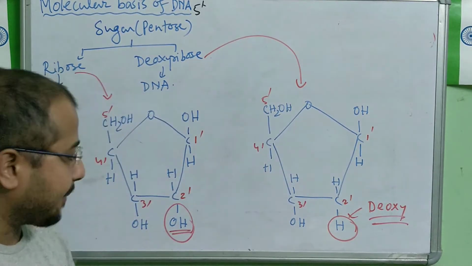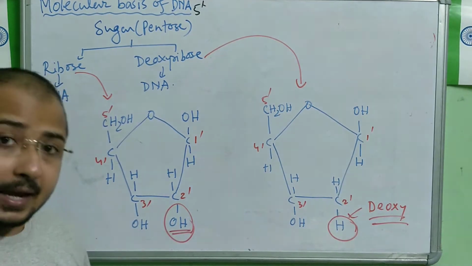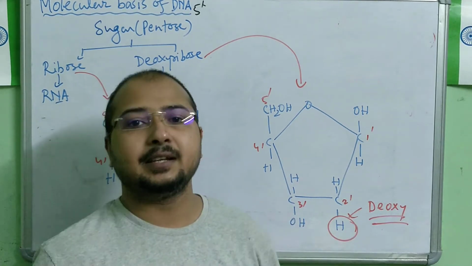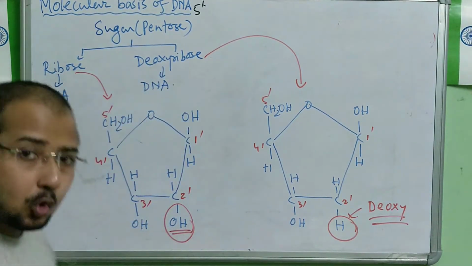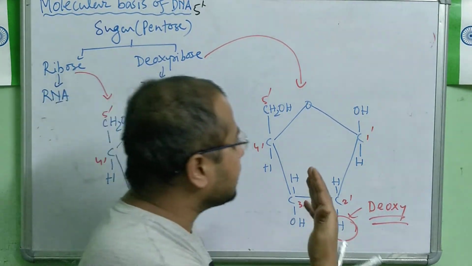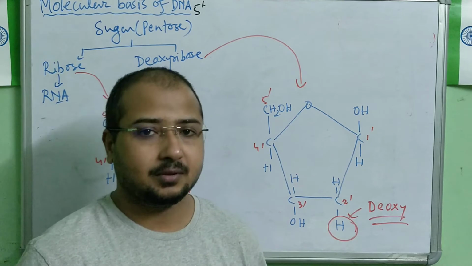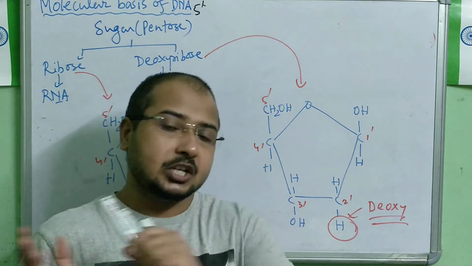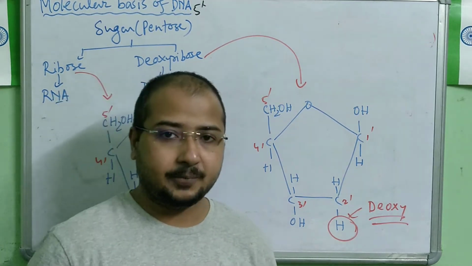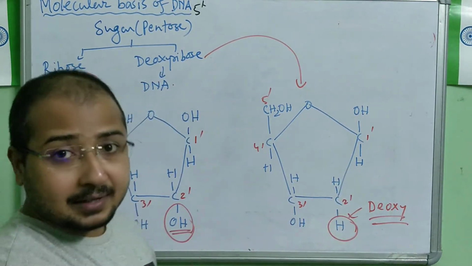The oxygen is absent at the 2' position in the deoxyribose sugar, and this change in the deoxyribose sugar doesn't make the DNA reactive in nature, because the hydroxyl group as a whole is what is reactive. As oxygen is absent here, this change makes the DNA very stable in nature, very less reactive compared to RNA. DNA is very stable, and that is why it is said that DNA is better genetic material than RNA.